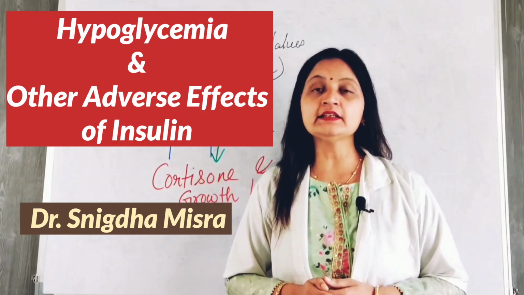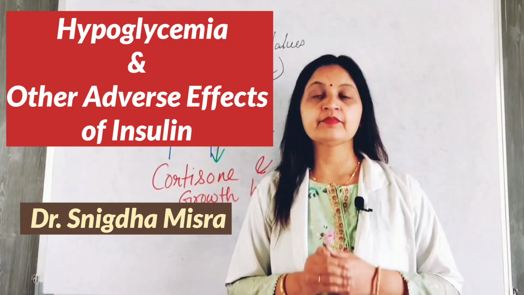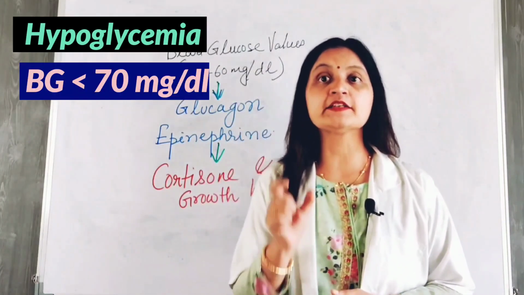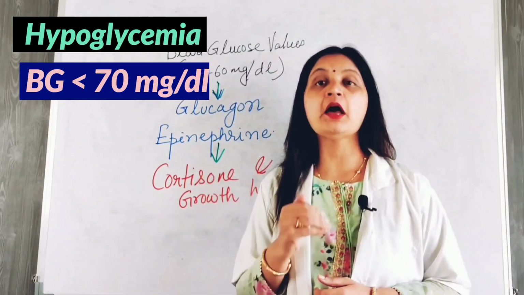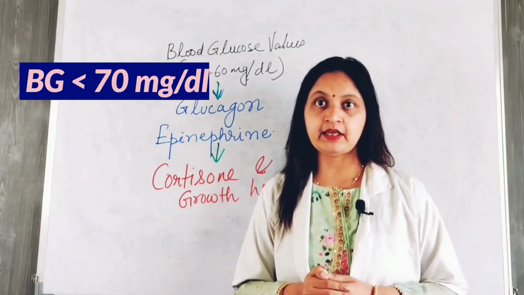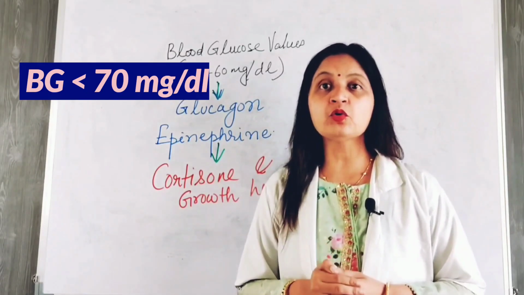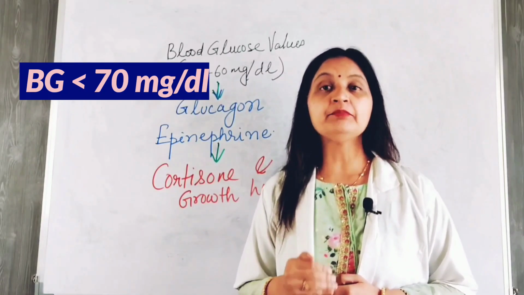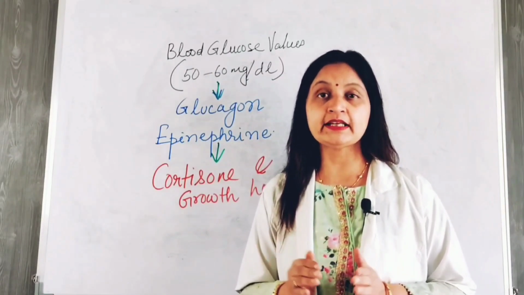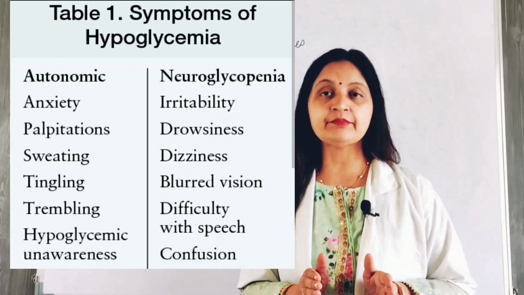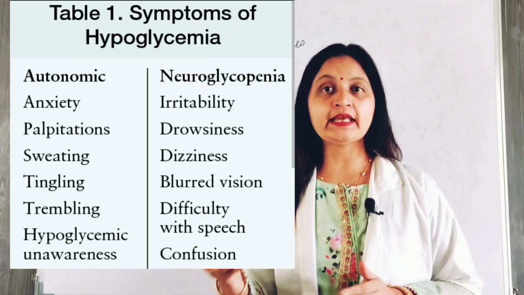Insulin. Also, the other side effects will be discussed. So starting off with the adverse effects of insulin, hypoglycemia is a common side effect of insulin, particularly in type 1 diabetes patients on insulin therapy. It is defined as blood glucose levels less than 70 milligram per deciliter, and it may present with signs and symptoms that can be classified as autonomic or neurogenic symptoms and neuroglycopenic symptoms.